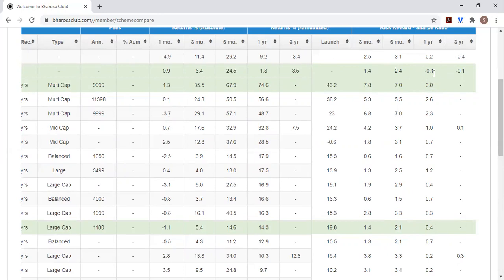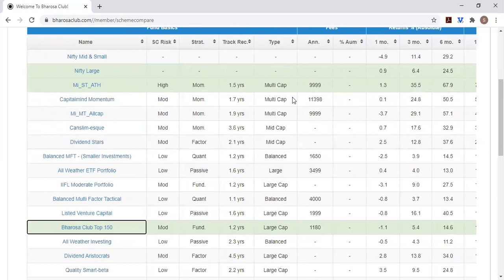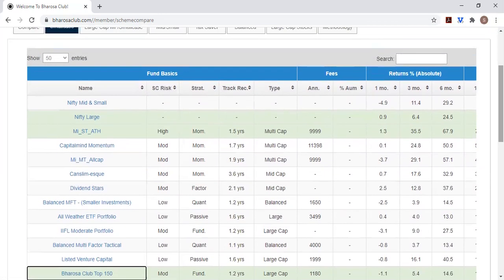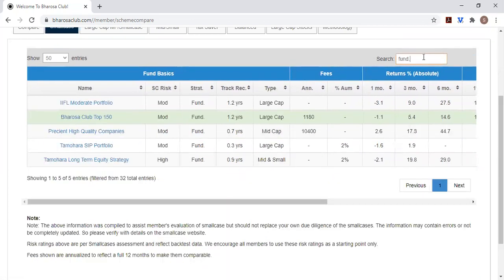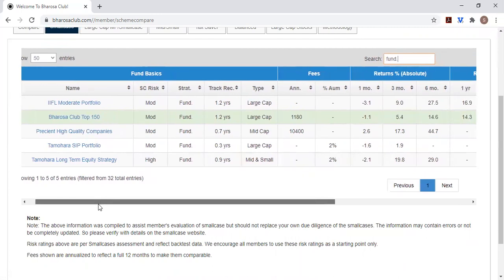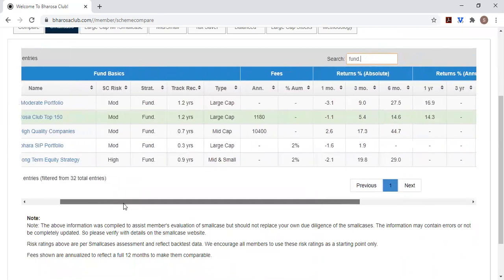So let's say that we've now used the tool. We actually want to compare it to other fundamental funds. So I go to the search bar, I type fund, and here are all the fundamental funds that are available. So here I can see how it's compared to other funds using fundamental strategies.